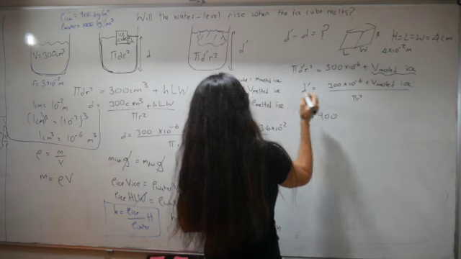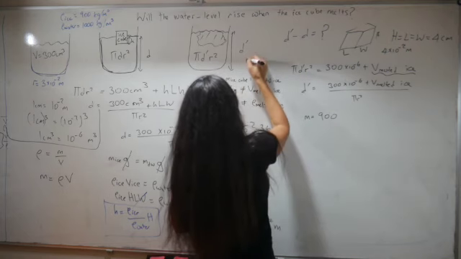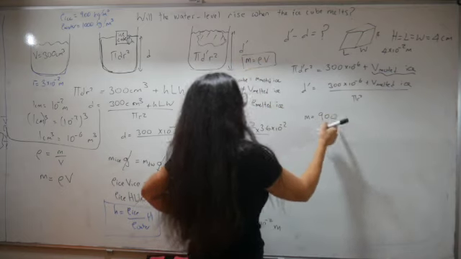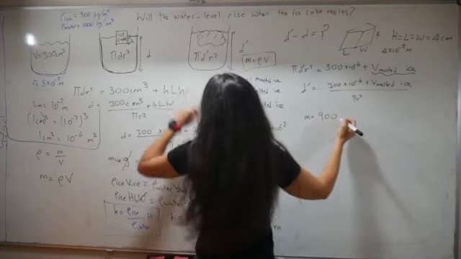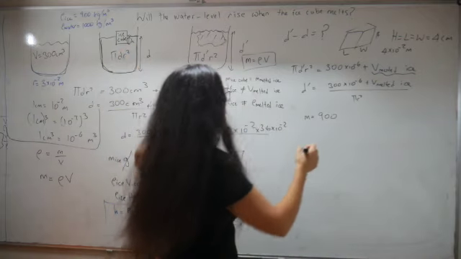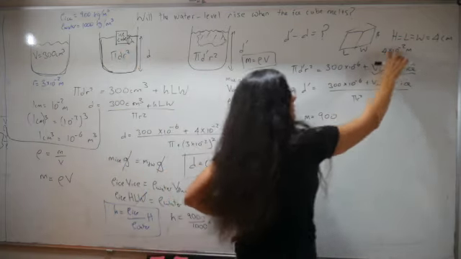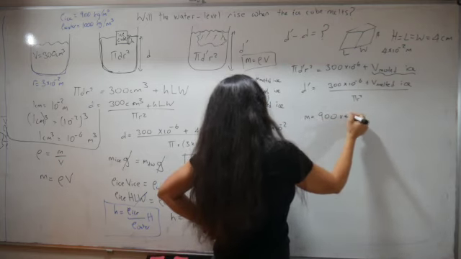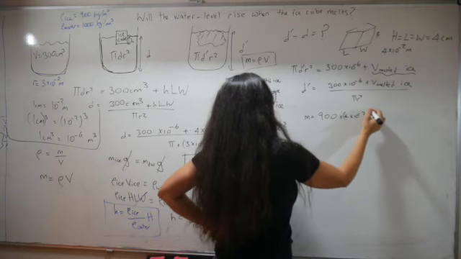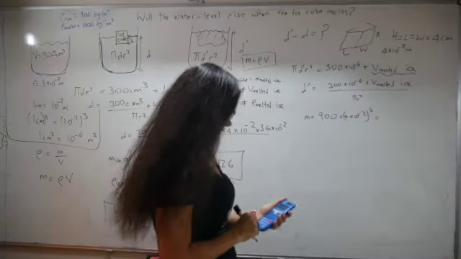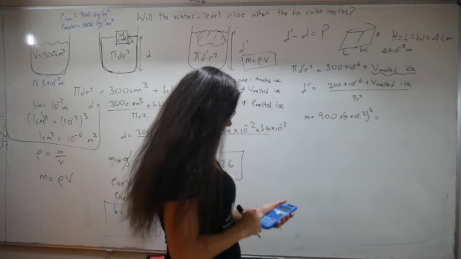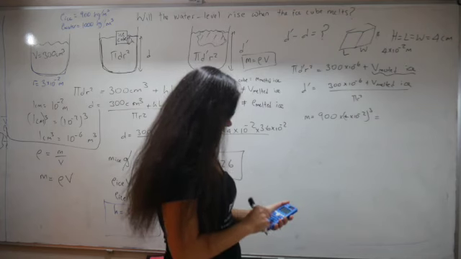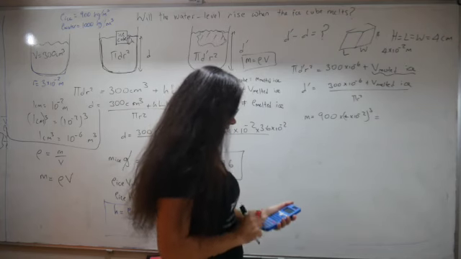So remember again, mass is rho times volume. The density is 900 kilograms per meter cubed. For the volume of ice, the dimensions are all 4, so basically (4 times 10 to the minus 2) cubed. So I have basically 900 times 64 times 10 to the minus 6, and that gives me